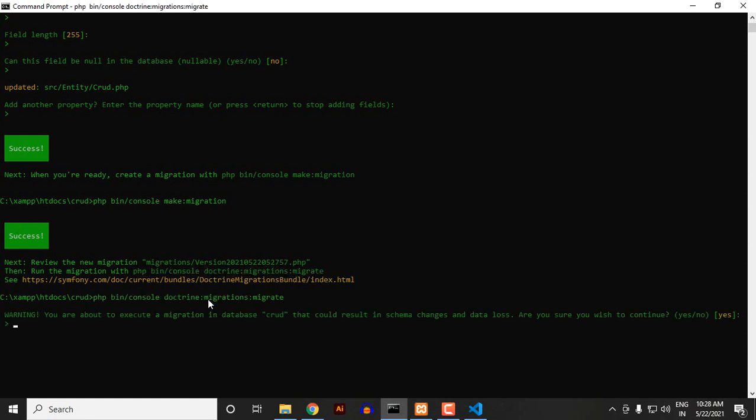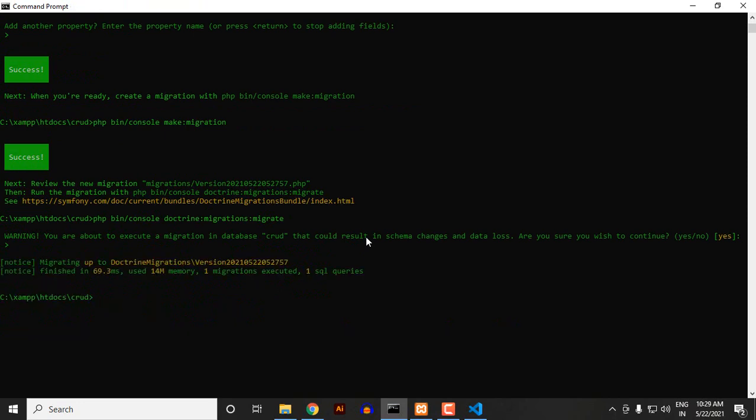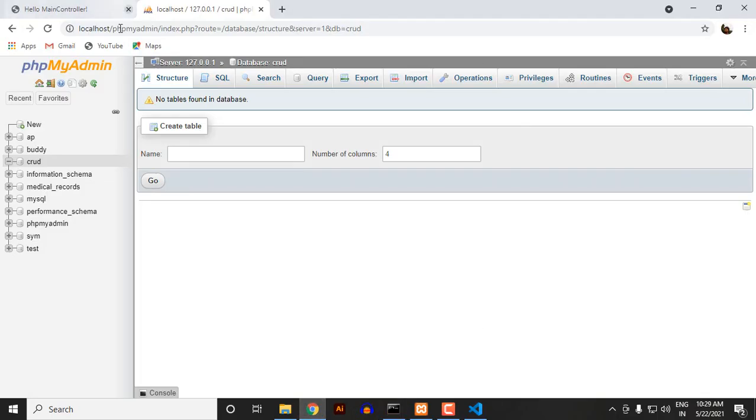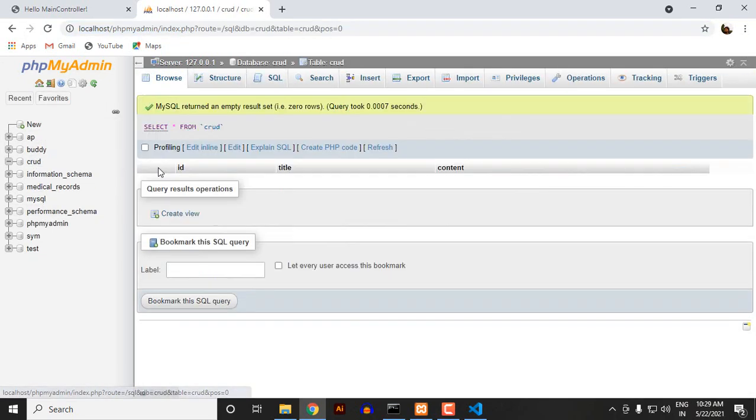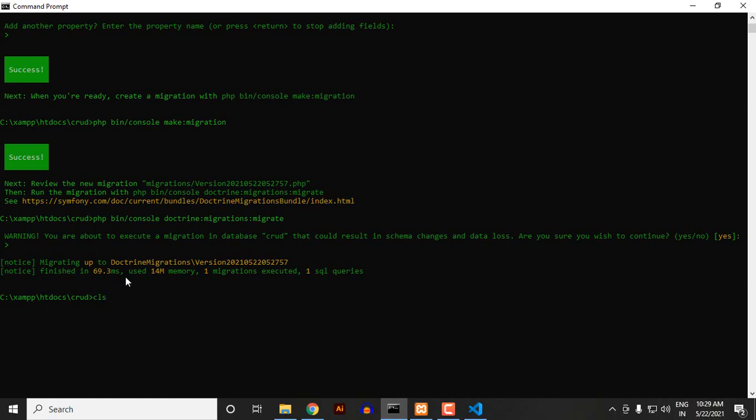So we don't have to do anything. We just need to copy this, php bin/console doctrine:migrations:migrate, and just hit enter. And if you go here and reload this page, our database and table is created. So as you can see, ID, title, and content. Okay, so we are done with our